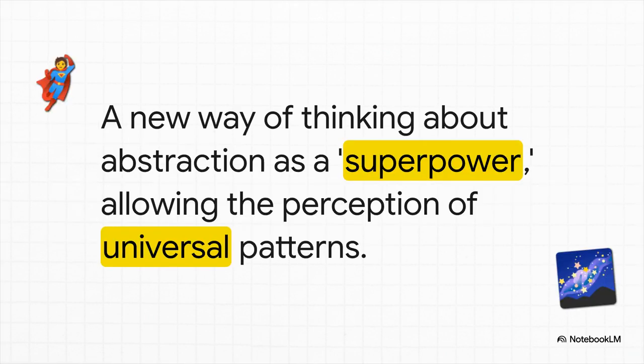When you get right down to it, this whole thing is about the power of abstraction. Univalent Foundations gives mathematicians this incredible new language to see these deep, universal patterns that connect totally different fields. It means they can prove something over here in one area of math, and because of this idea of equality is equivalence, they instantly know it also works over there in a completely different area. Now that is a superpower.